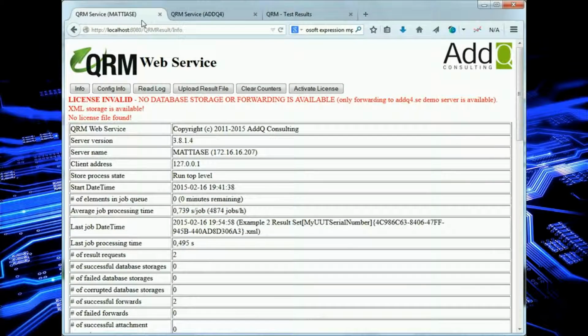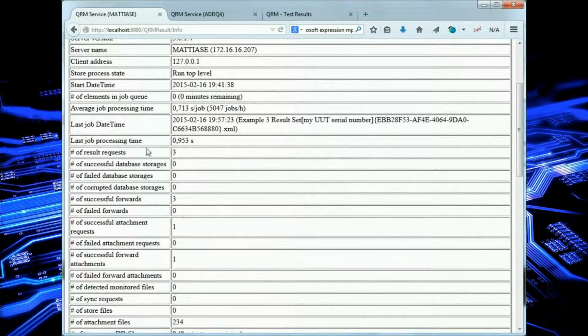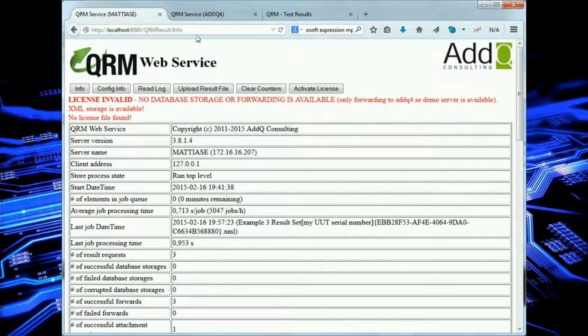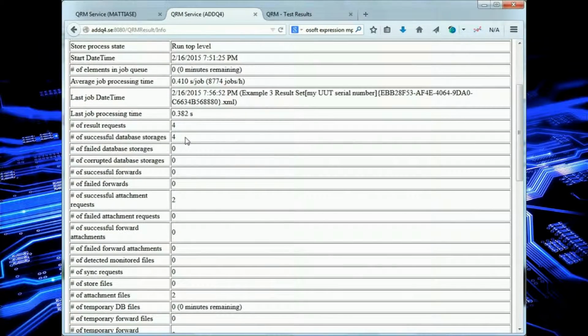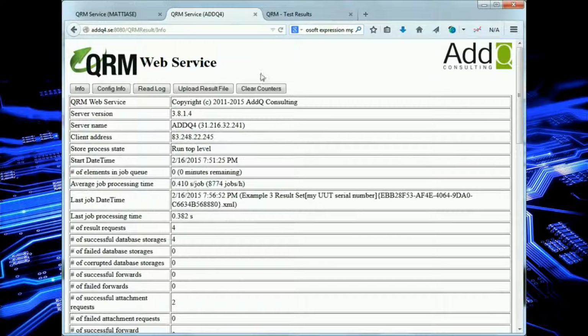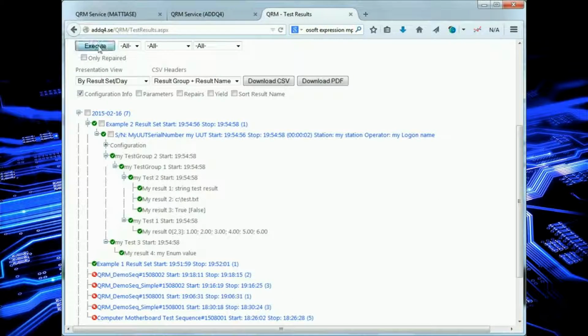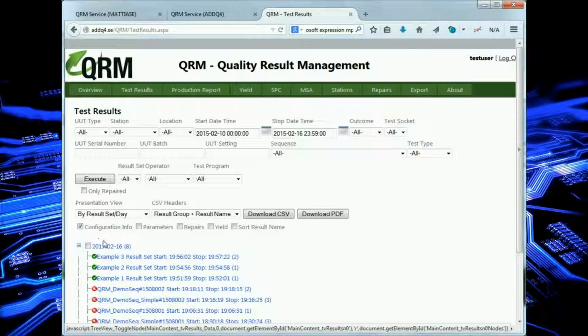and then we can check, press info, and then we can see that we have 3 results now, but we also get 1 successful attachment request and successful forwarding of an attachment. And I can see here, press info, that I had got some result attachments as well. And if I go here, press execute, we can see that